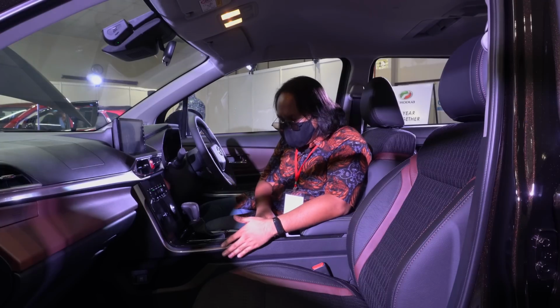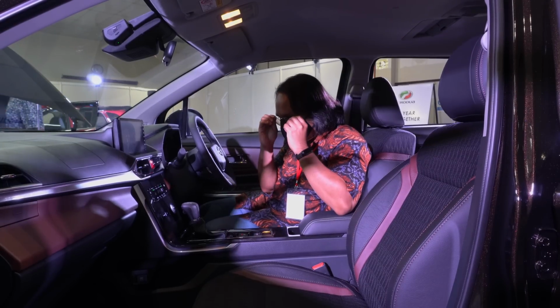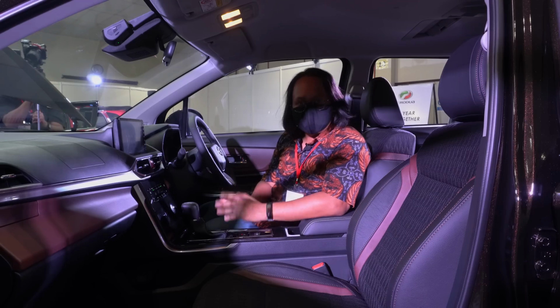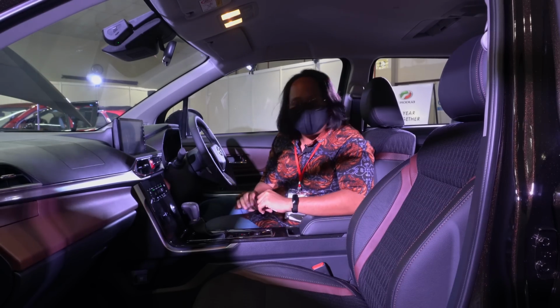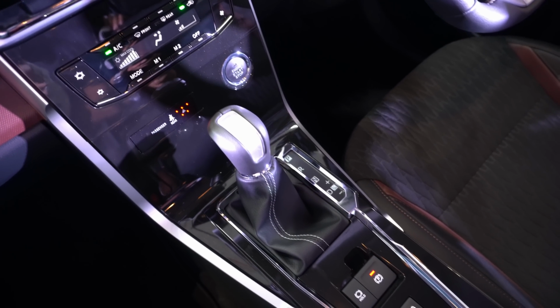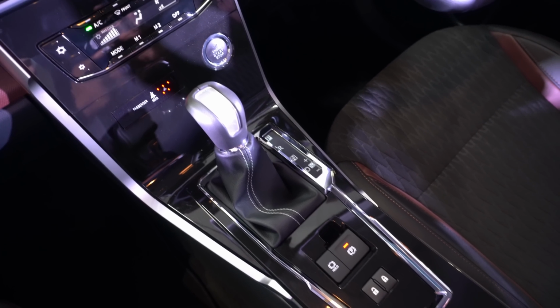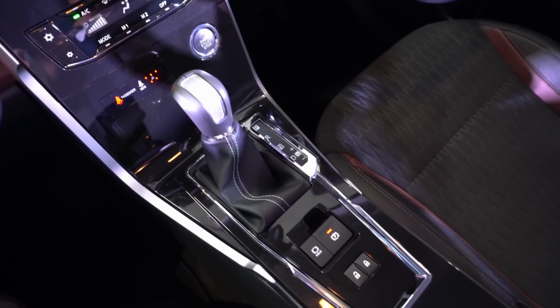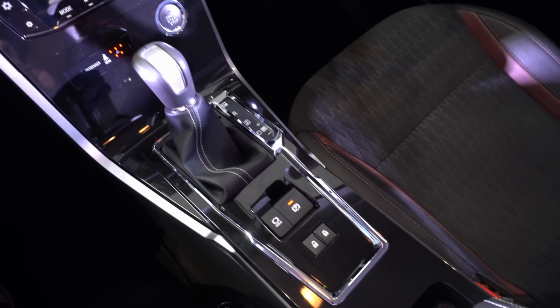You also have a raised center console, again in an attempt to make this car feel a little bit more premium than before. Now we're going to touch on technology very quickly because there is a lot to cover. Right here we have an electronic parking brake, a first for Perodua and only available in the Alza AV. With the electronic parking brake, this car also comes with auto hold, which means that when you stop at traffic lights and so on, the car can hold itself for up to 3 minutes,